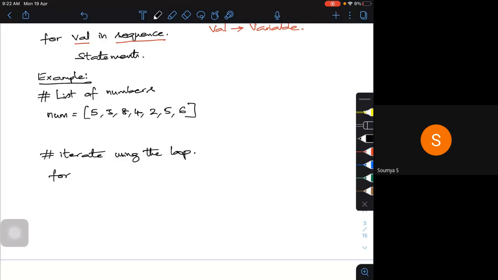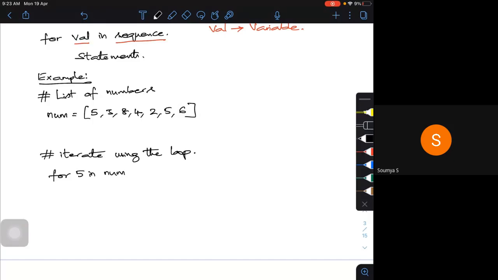Say for example, I want to check for 5: for 5 in numbers. I am trying to check for that particular thing. That means you can check for that particular value.